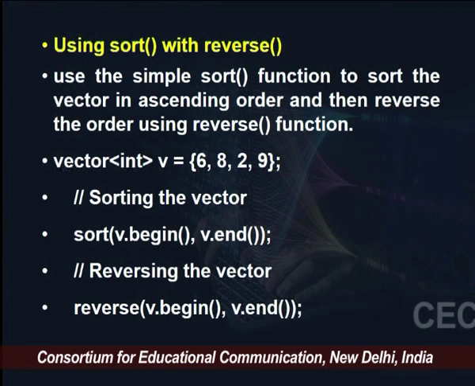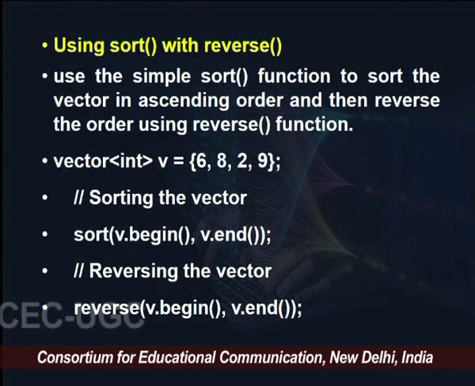So, the first statement, sort v.begin to v.end, will sort the elements normally, and then we are going to reverse the elements. Finally, when you print the contents of the vector v, you will have the elements sorted in reverse order. So, two ways we have seen. One is using sort with a custom comparator, another is using the reverse function after the normal